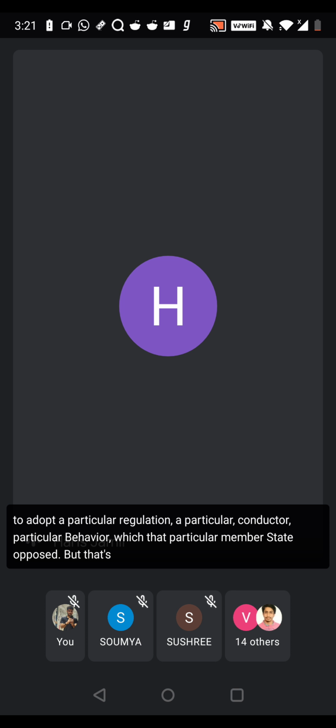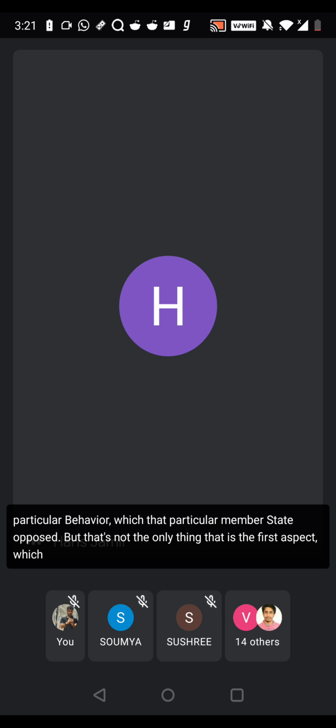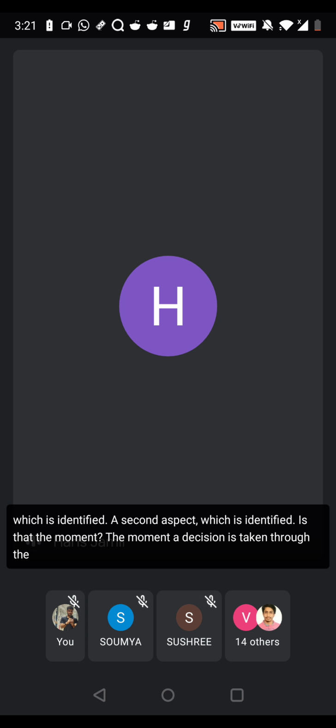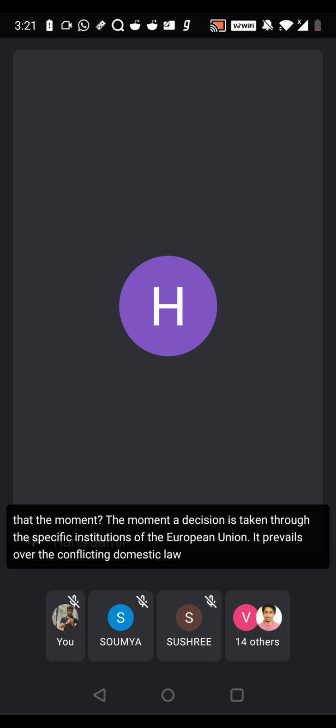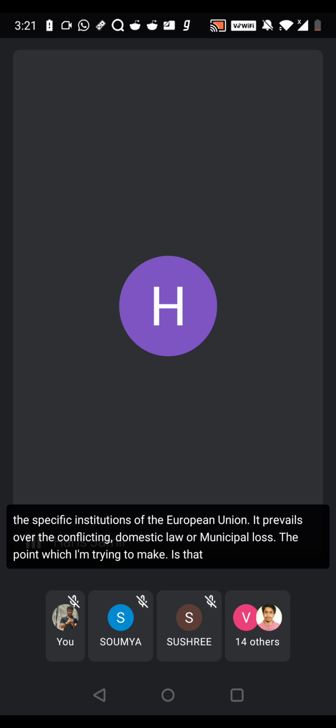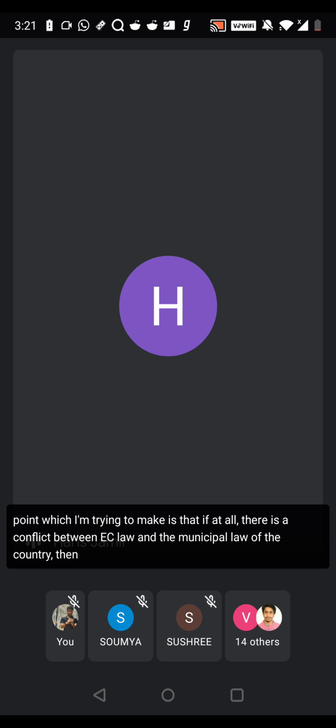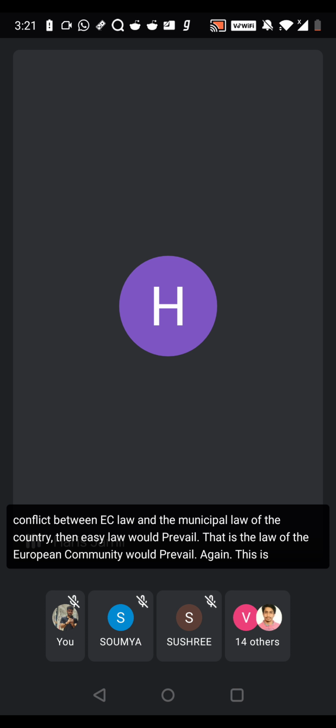But that's not the only thing. That is the first aspect which is identified. The second aspect is that the moment a decision is taken through the specific institutions of the European Union, it prevails over conflicting domestic law or municipal law. So the point I'm trying to make is that if there is a conflict between EC law and the municipal law of the country, then EC law would prevail. That is, the law of the European Community would prevail. Again, this is a very, very serious